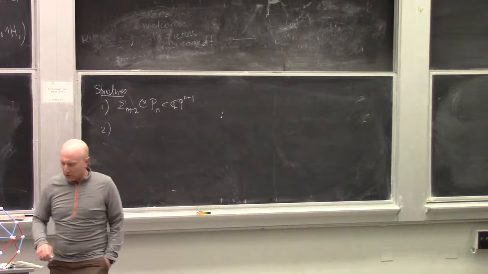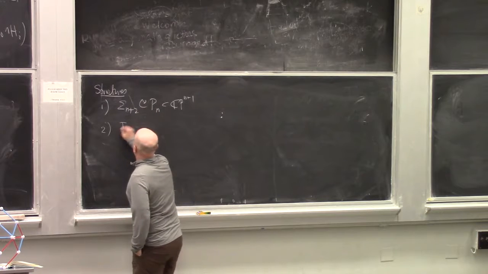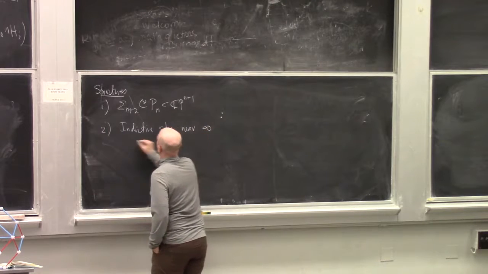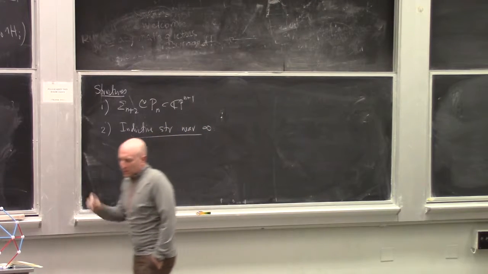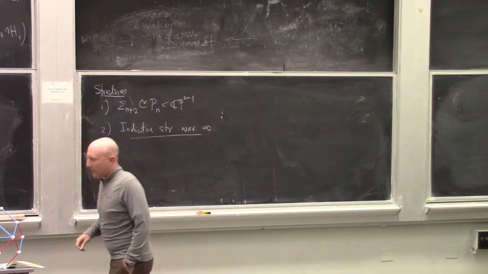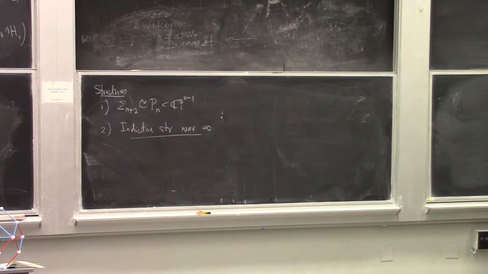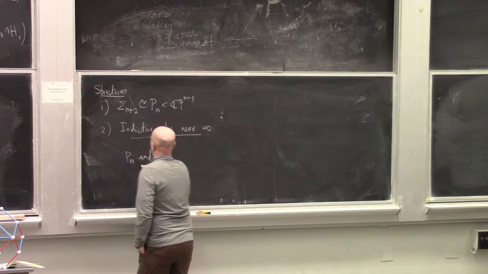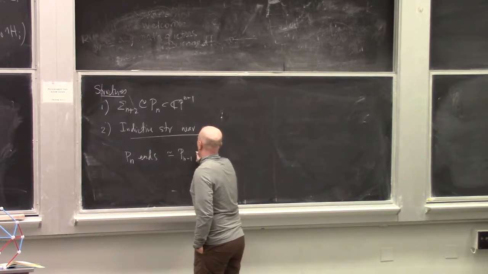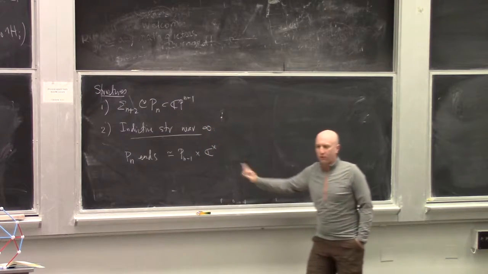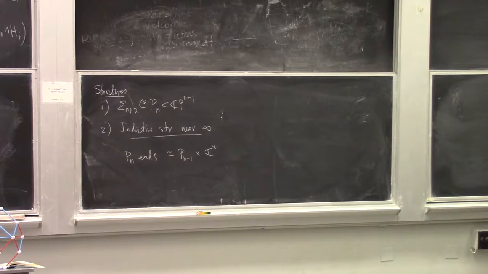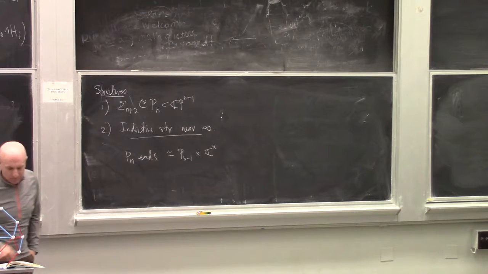The second structure, which I'll say informally, is that there's a kind of inductive structure near infinity. I don't want to be too precise about this, but I want to give you a sense that the part of the pair of pants that's difficult is the part that lives in here. The ends of the pair of pants, if you already understood the previous pairs of pants, have the following form. The P_n ends, informally, look like P_{n-1} cross C star. It's just an informal statement, but you can see in this picture that each of these ends looks just like a point cross C star. And then something interesting happens in the middle.